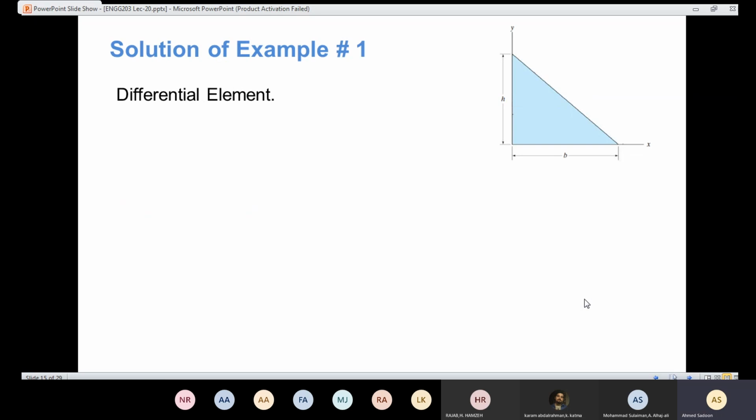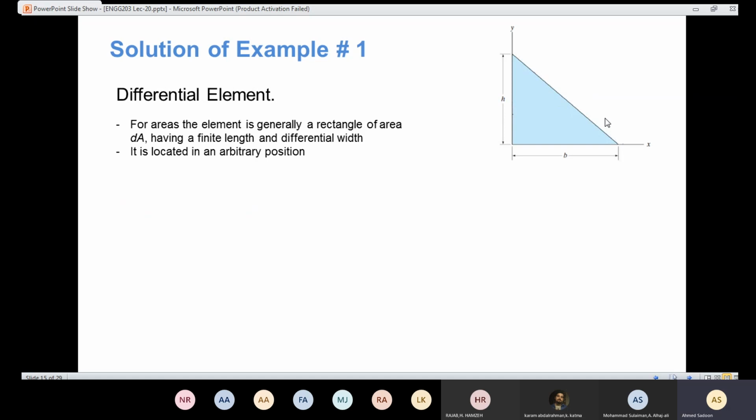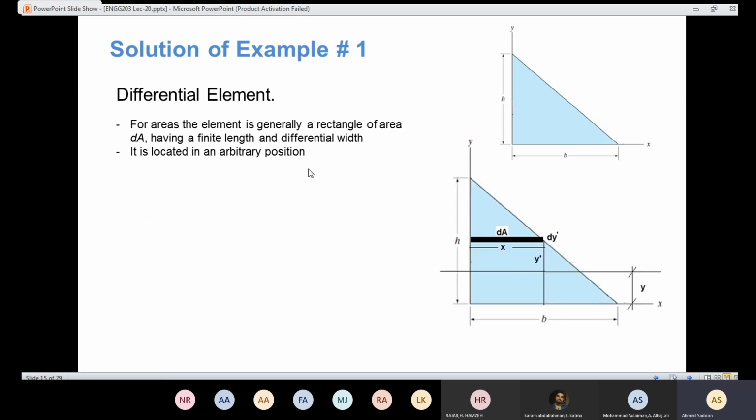And in order to use the area centroid, first we need to develop a differential element. Like you can see here, we have a rigid body, so we need to take a differential element. That is the first step. So we are going to have a rectangle area with area dA. It's going to have finite length and differential width, and the location is going to be an arbitrary position. So I'm going to take a differential element